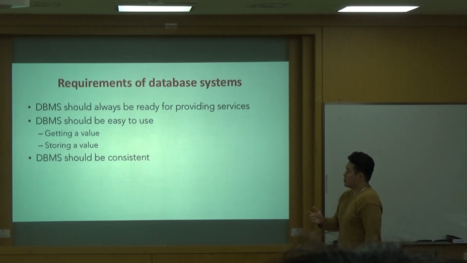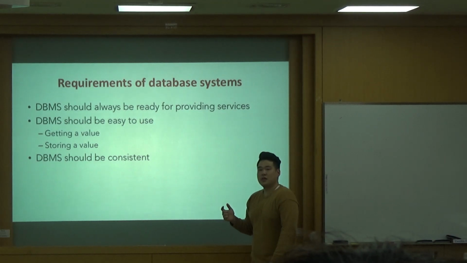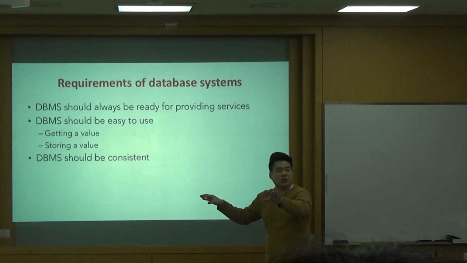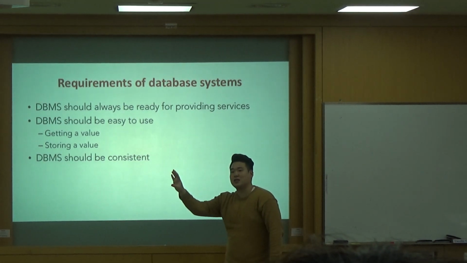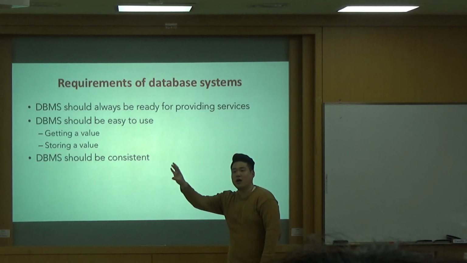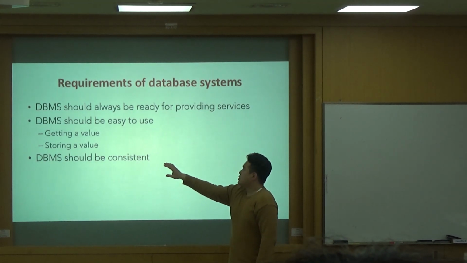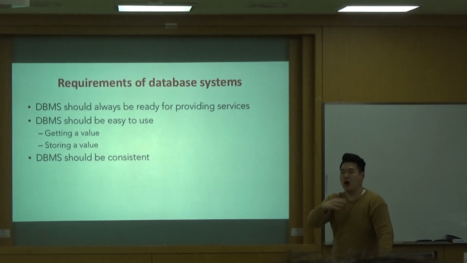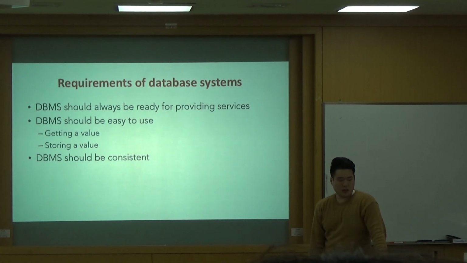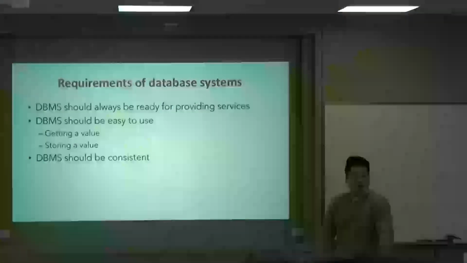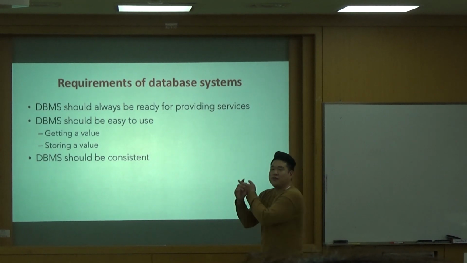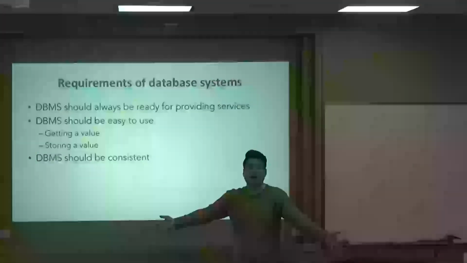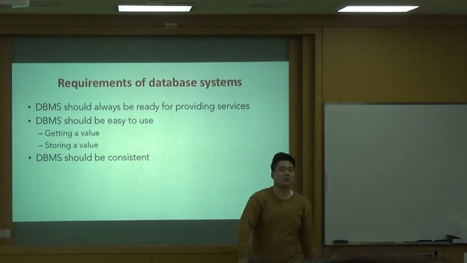Another thing is that a DBMS should be consistent, right? We have a number of users, and all the users should see the same state of our system, of our data, right? So the DBMS should guarantee that our data is consistent for all the users. All right? And as we heard before, there are lots and lots of different database systems, like Oracle, MySQL,